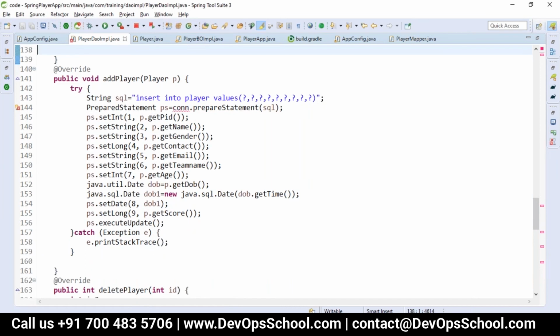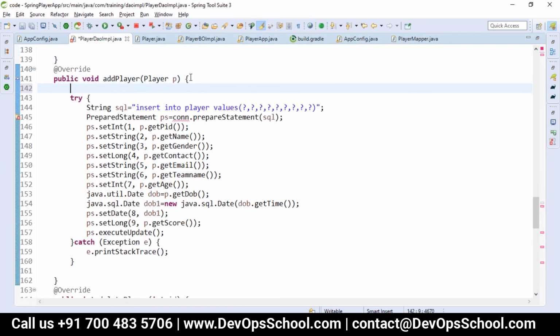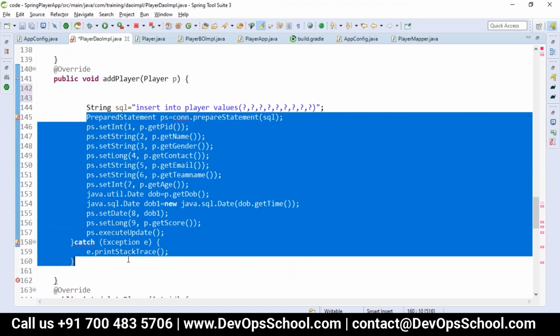Now where I want to add, or I want to do the insertion job, how will we do the insertion job? The same way, what is our insert statement? You can write the insert statement as your code is already present.